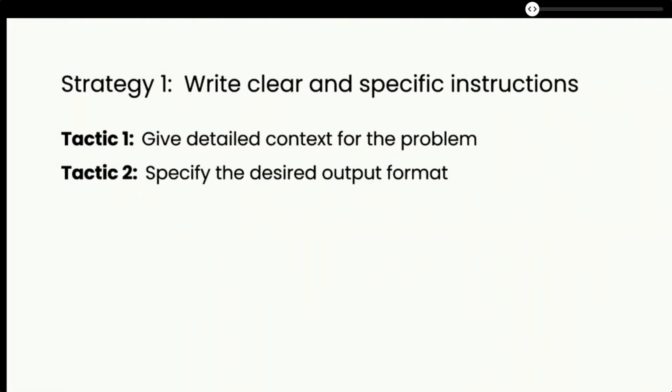So the first strategy is write clear and specific instructions. This might seem like a very obvious point, but models can't read your mind. So you should always express what you want the model to do in full detail, in the same way you would if describing a task to another person who is very smart, but who has no prior context or knowledge